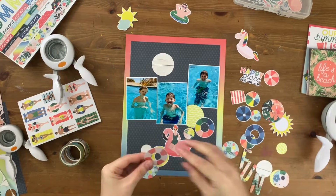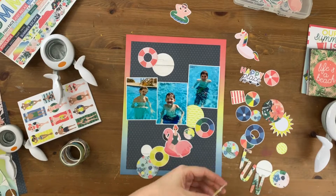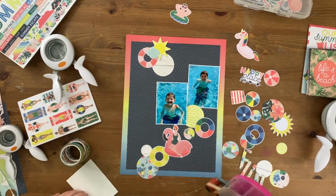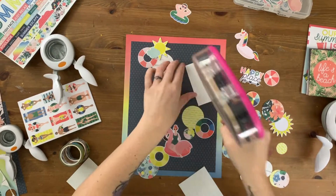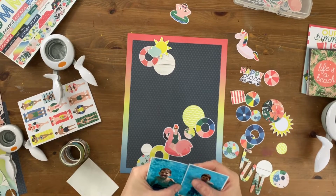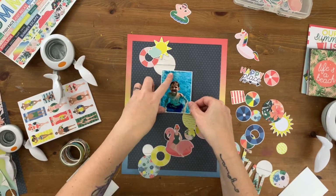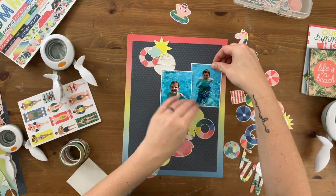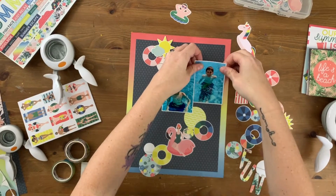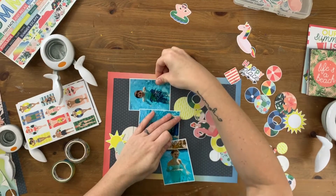I wanted those photos sort of wonky, sort of overlapping a bit, but not too much, just to go with the fun feel of all of these circles. But I do want to keep it a little bit linear. I've found that I'm really keeping my design with all of these vacation pages sort of on the linear side, so I want to kind of go with that. It doesn't all have to be straight blocky lines, but I want to make sure that they all sort of fit together, even with pages like this that are a little bit less blocky and a little bit more whimsical. I can still keep that main thread of